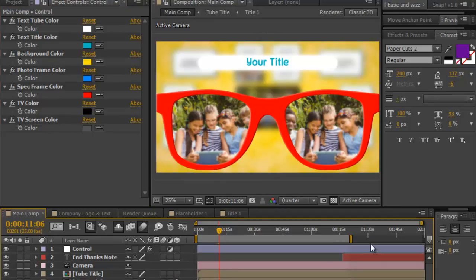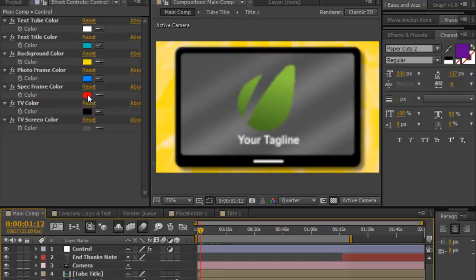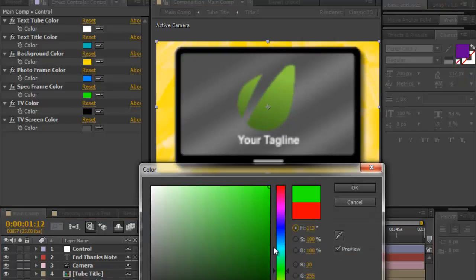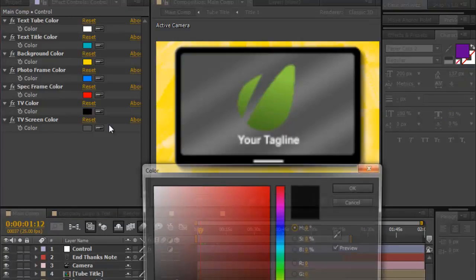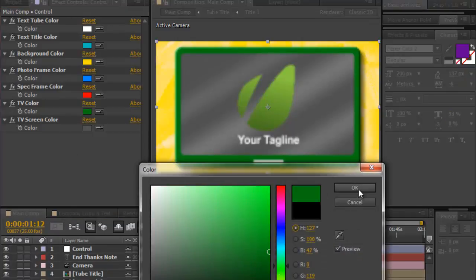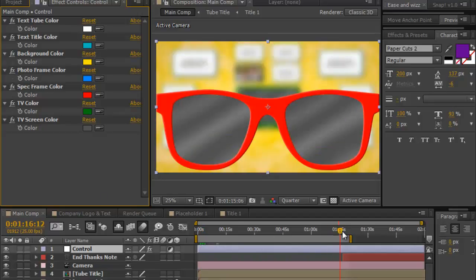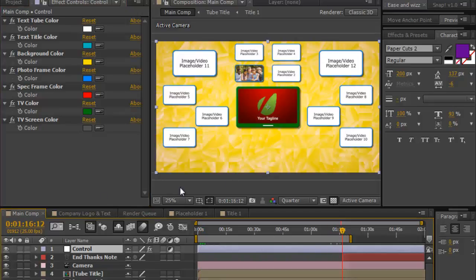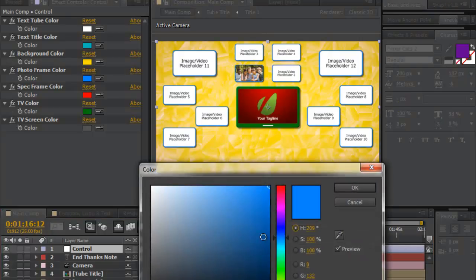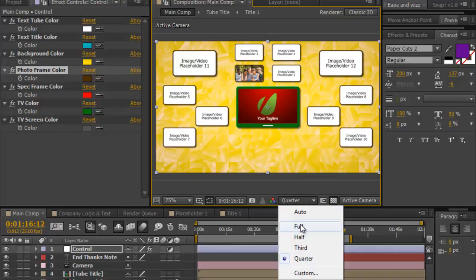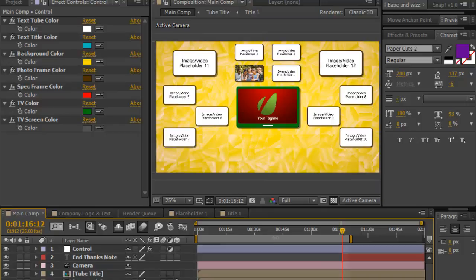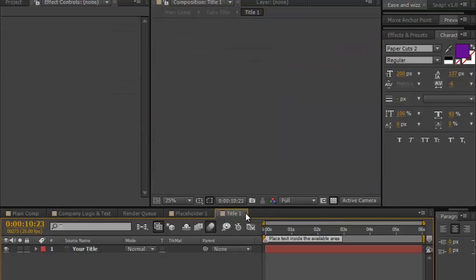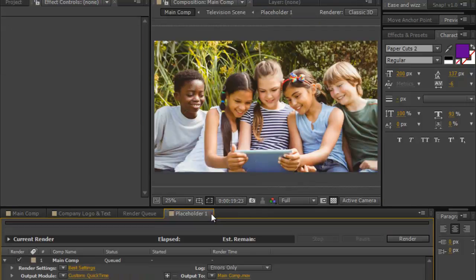And if you want to change the TV color, you can go with the TV color from here. Similarly, some frames are available here, so you can change the frame color also. Like it's brown, and when you go for full, you will see the similar color. This is how you can change the color and other things of your comp.